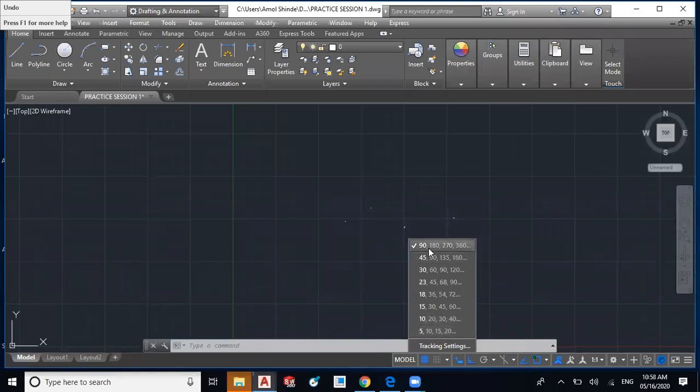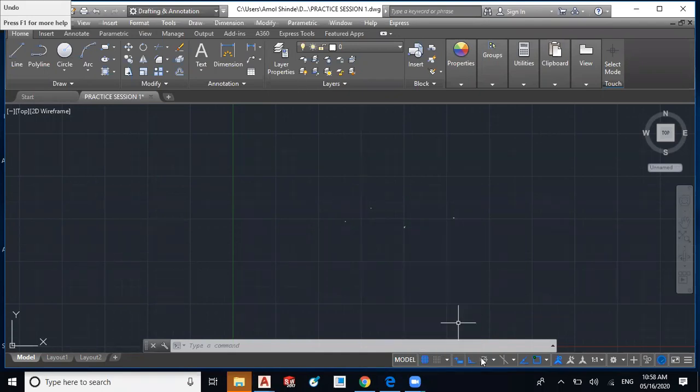Now we have selected ortho mode, so 90 degrees is selected. If you want to use polar tracking, then you have to switch off ortho mode and switch on polar tracking. Then we have the isometric drafting option. To switch the cursor into isometric mode, you have to use this iso draft option.